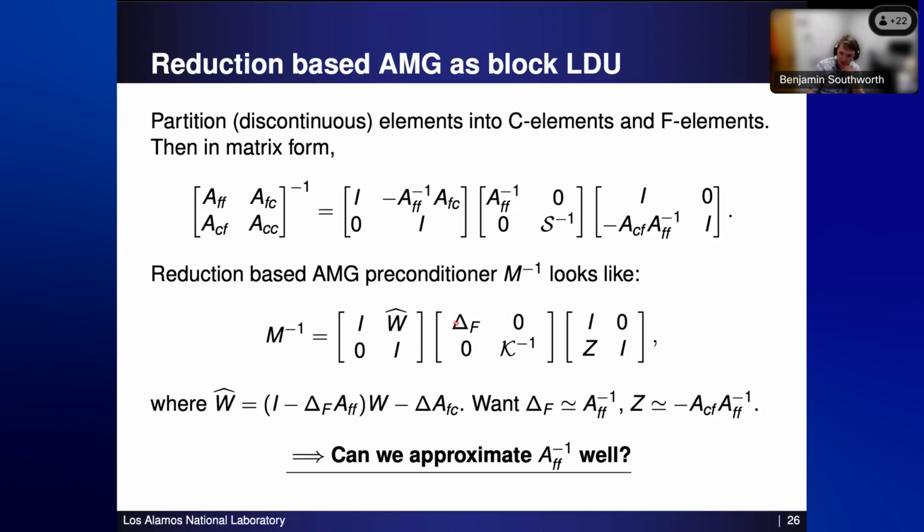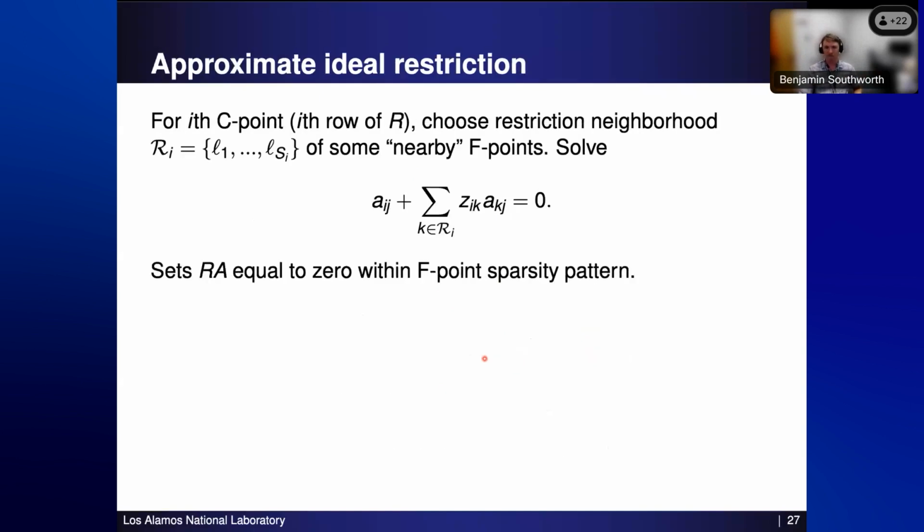But there's two contexts. One is in the relaxation. So for delta F here, we can use non-sparse approximations. It can be block ILU, it could be inner GMRES, Krylov methods, it could be Gauss-Seidel, something like that, where you can't construct the operator, but you can solve it really accurately. For Z, we have to be sparse, right? Because we're forming our coarse grid operator K using Z. And so if Z is dense, then we're going to get fill-in and it's not going to work well.